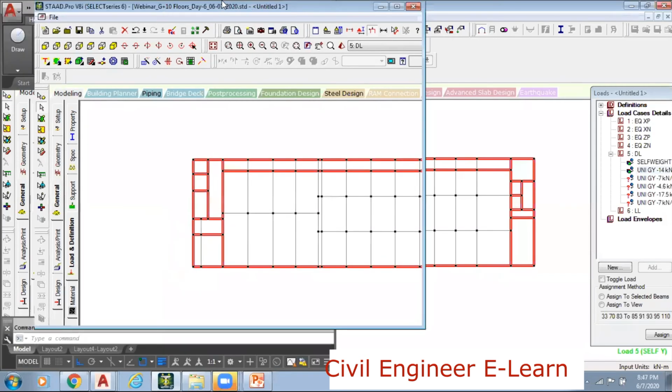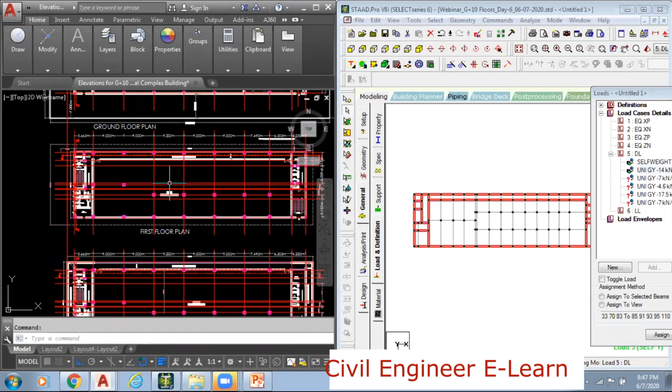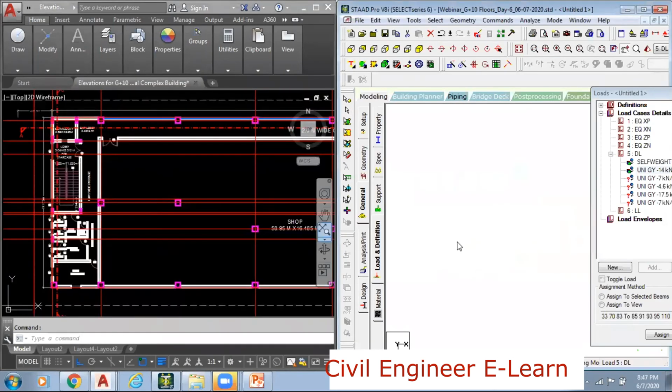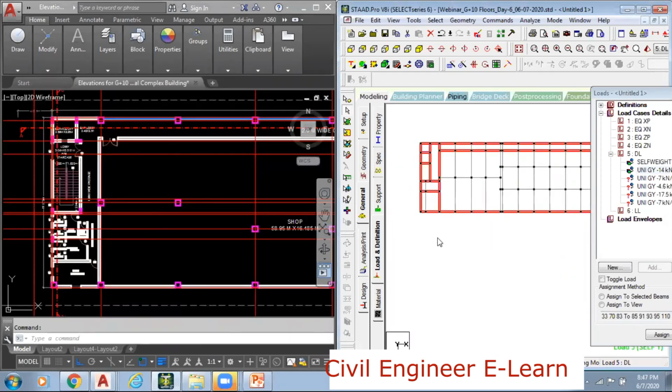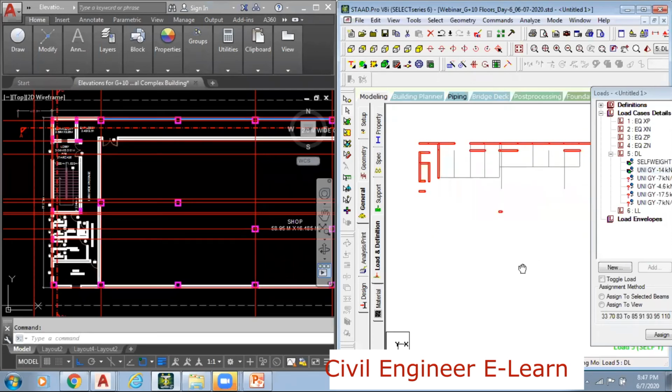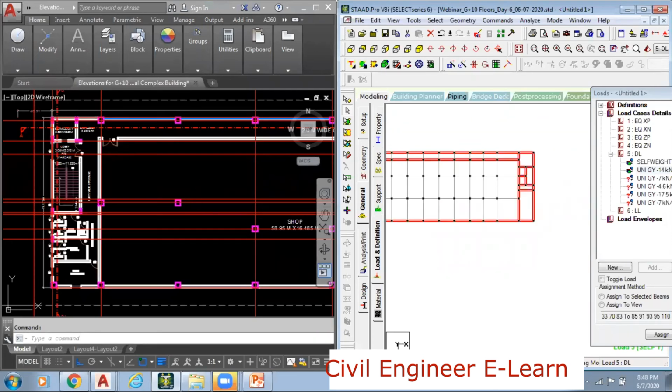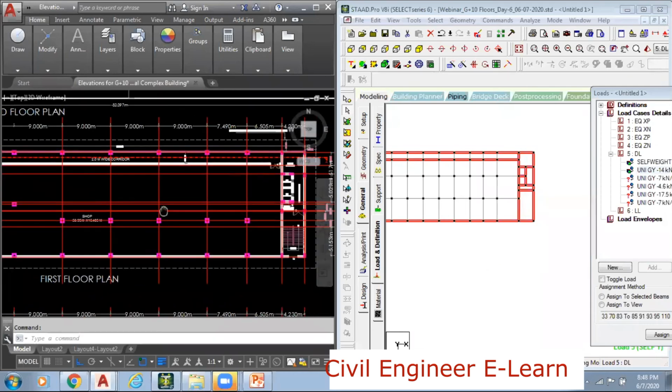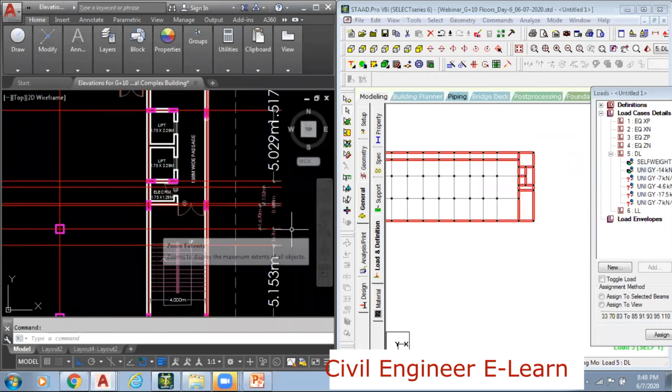Yes, these are all the loads. Let me check here. See now, all of them are assigned with this. All of them are assigned with this. See like this, see like this. See, all of them are selected.